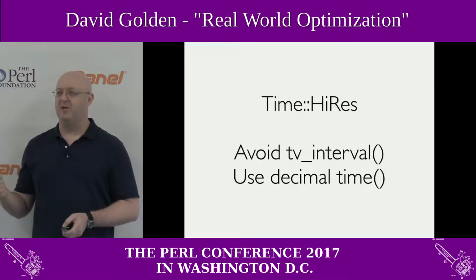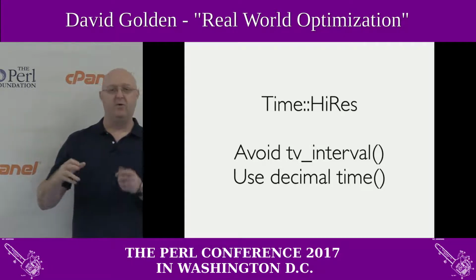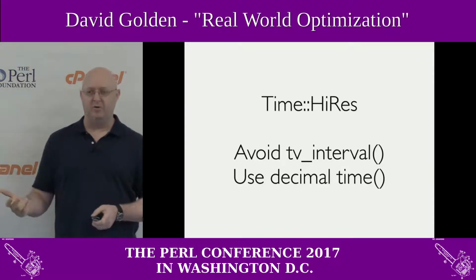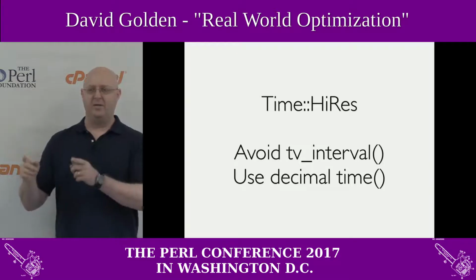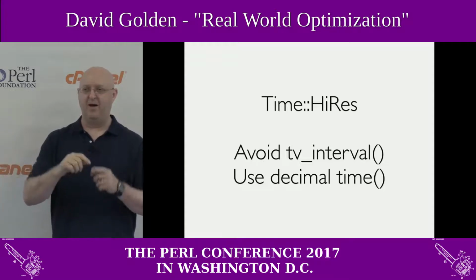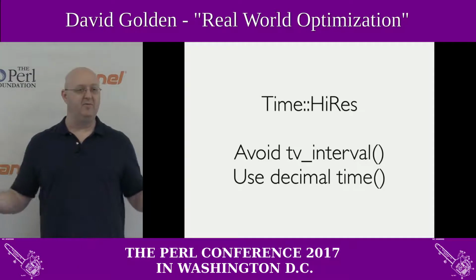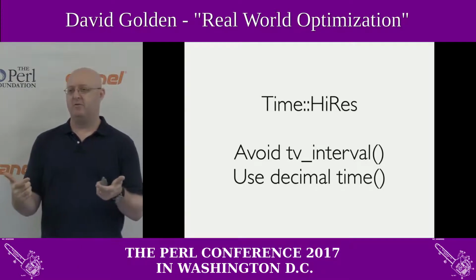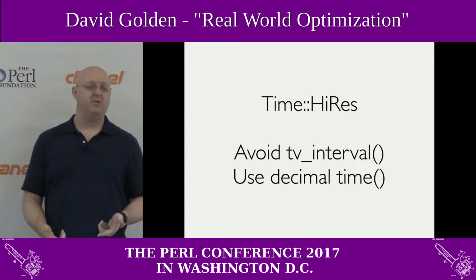Time::HiRes we use a lot for timing, and to get really good timing. So it's like, great, well, tv_interval gives you an array that has the seconds and the fractional seconds, and there's functions to manipulate those. The problem is, of course, that doing math with array components in Perl is slow, because we're doing array indexing, we're doing Perl's math, and what I found was that using decimal time and just getting time as a float meant that now I had a fractional time and a fractional time, and if I'm doing math on those, usually subtracting, to see where I am in a timeout, Perl does that very efficiently because it goes, oh, internally I have a double representing that,